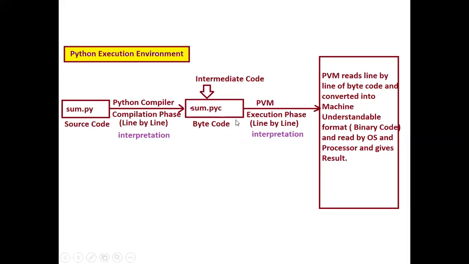As we studied when we were kids, everything whichever we store is stored in the format of binary in the machine. Am I right? So it will convert it into the intermediate code, which is a bytecode, and then